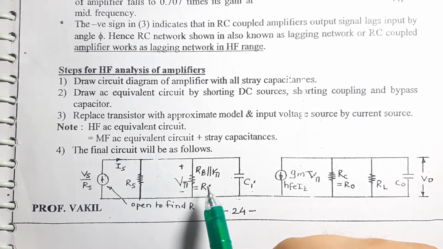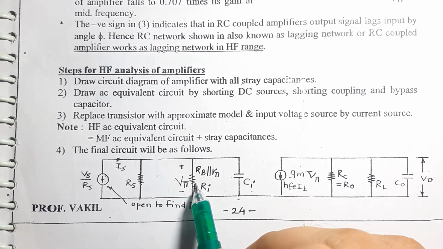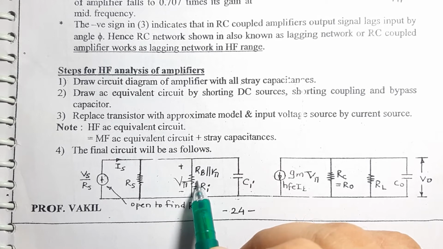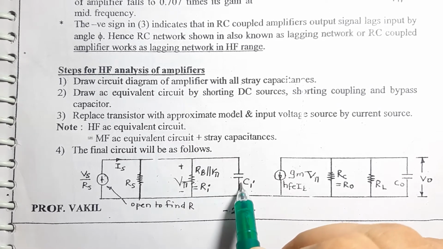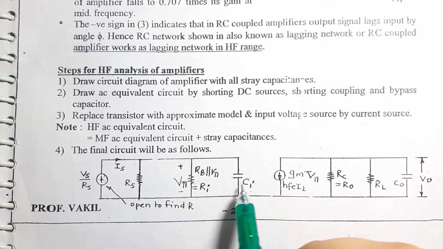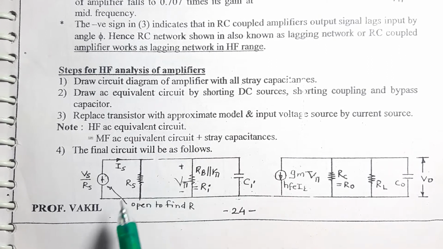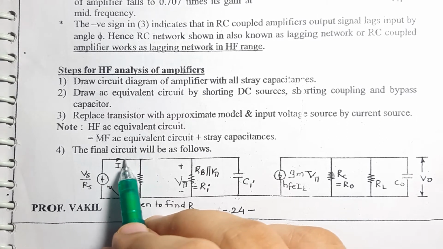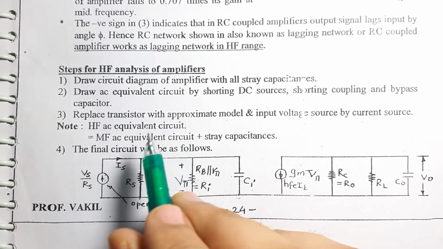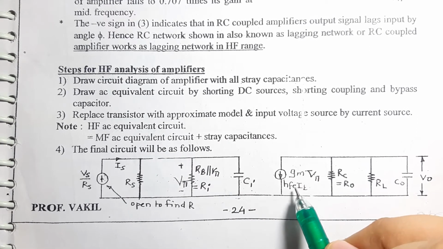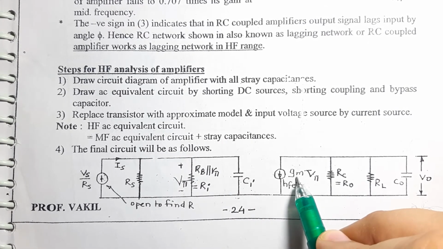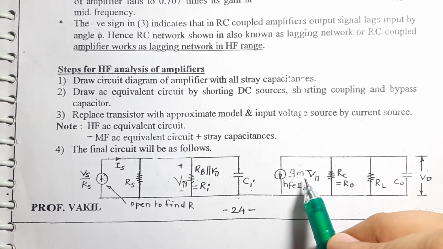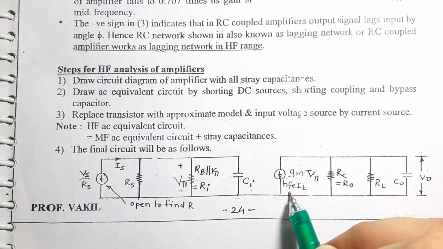So this value will be nothing but RB parallel to R pi, the one which we had for the BJT, which is replaced by a model. This capacitor you can either put over here or replace it over here also. It's one and the same. This is nothing but the RS, which initially used to be over here, in series with the parallel combination. Similarly, over here we will be having hfe Ib and over here you will be having gm Vpi. You can rename any one of them, it can be either gm Vpi or hfe Ib.